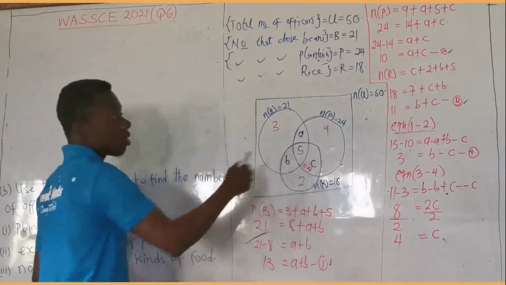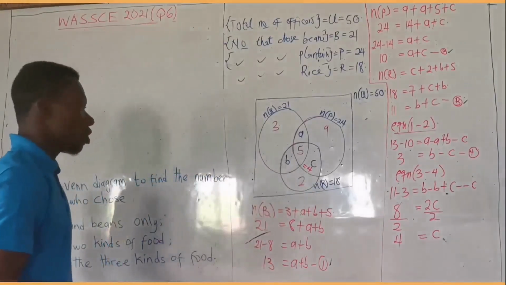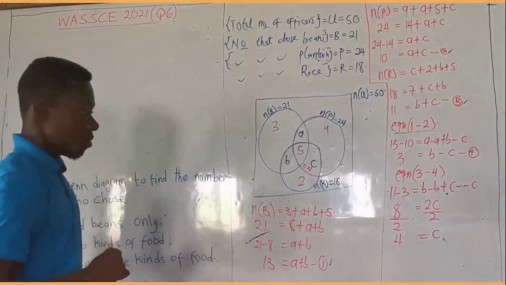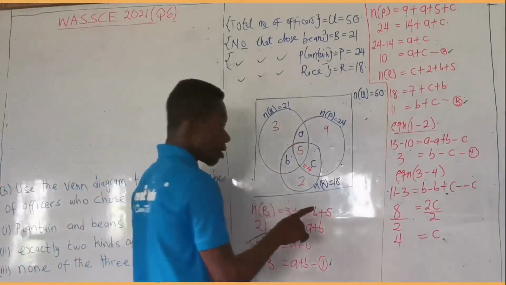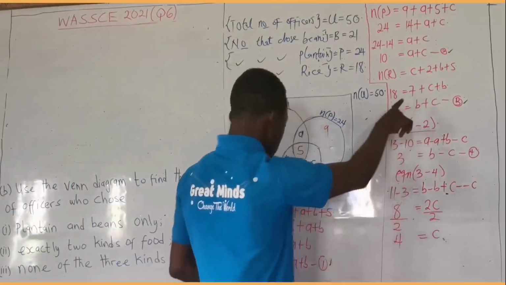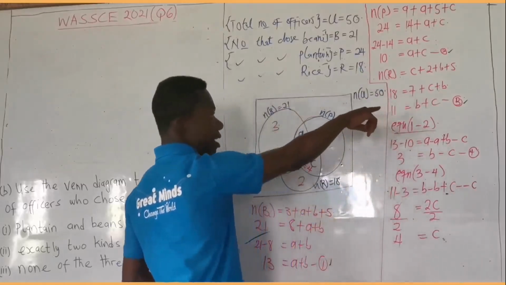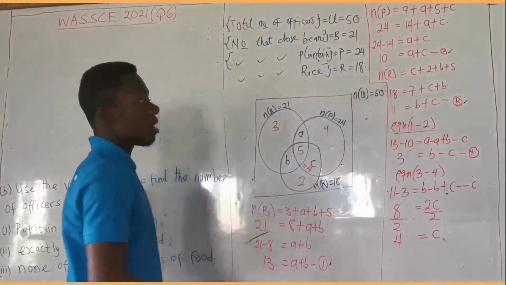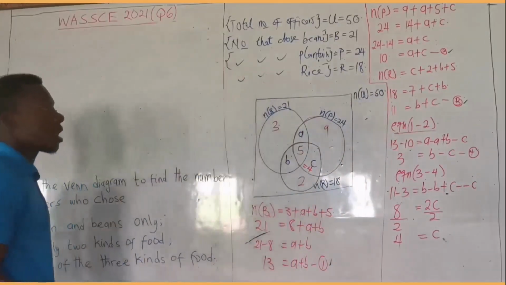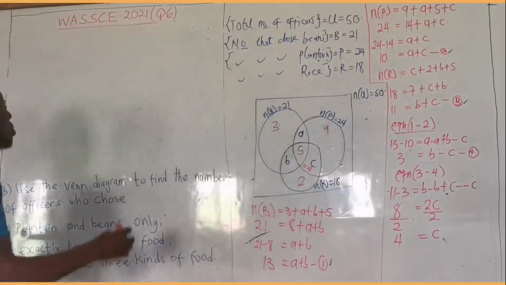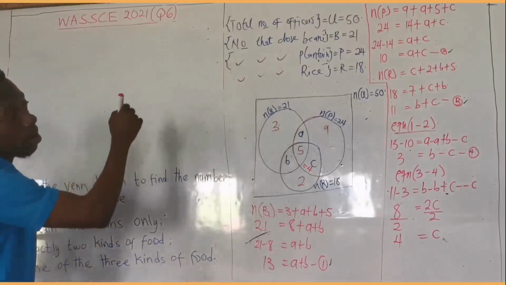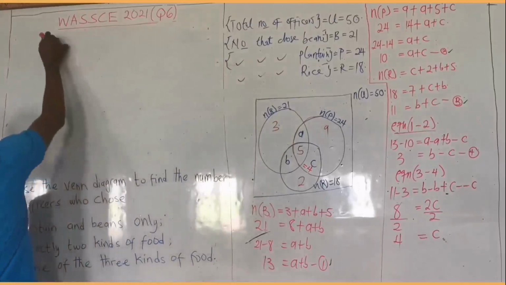Right? So use any of the equations to solve for the rest of the variables. We can deal with any of the variables where we have C in the equation. So you can see the equation where we have C, and you can see the equation where we have C. So we can work it out and solve for A and B. So from equation 2,